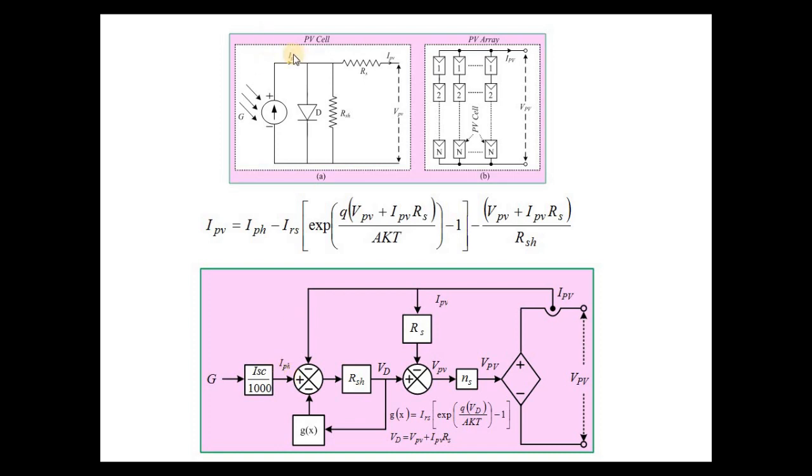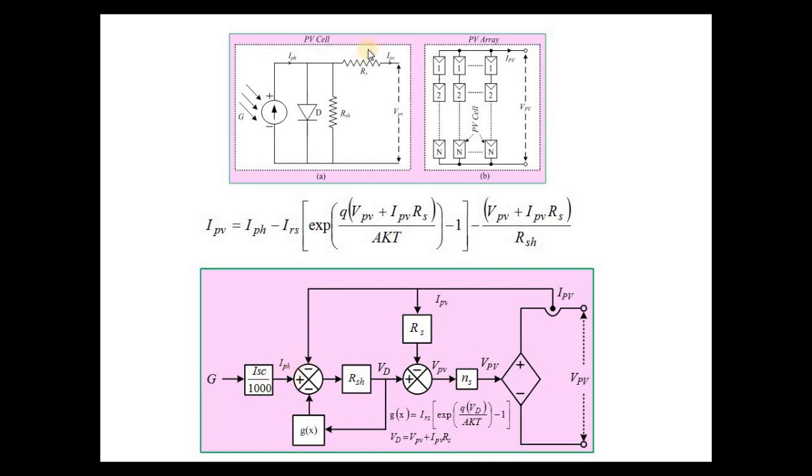So IPH minus IPV. This is the IPV because I already told that VPV is my output. So current will be the input. Once current is the input, voltage will be the output, or if voltage is the input, then current will be the output. So here current is the input. So the current flowing through the PV panel or PV array I am taking as a feedback, and I am subtracting it from IPH. So once I subtract IPV from IPH, I can get these two currents.